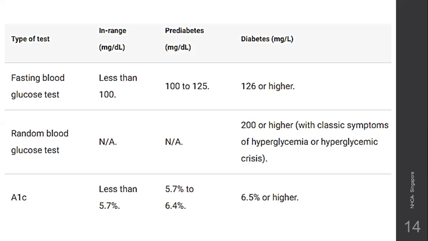Random blood glucose levels, if it is more than 200 any time of the day, it's diabetic. HbA1c, as I mentioned earlier, 6.4 or higher, diabetic. Below that, you're non-diabetic. Coming to the management and treatment,